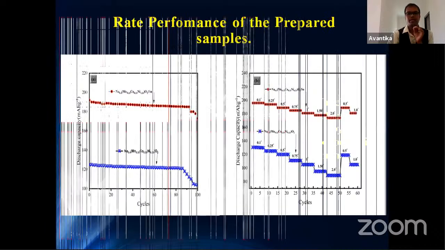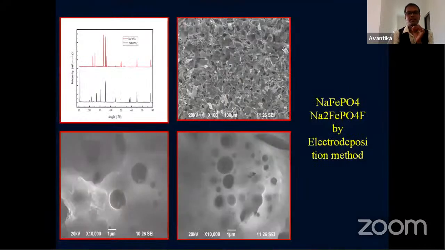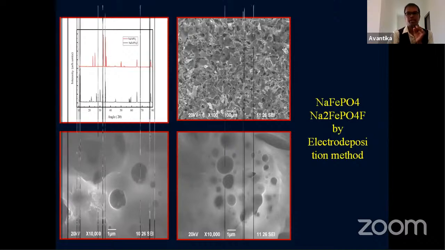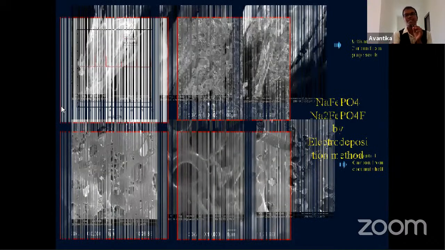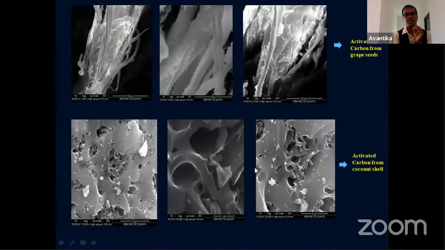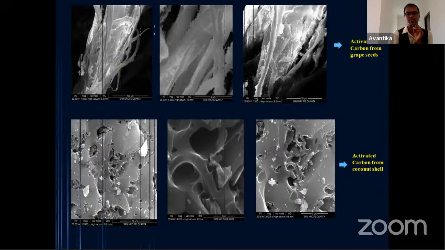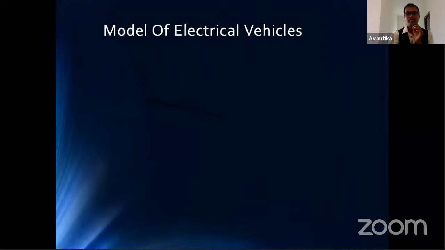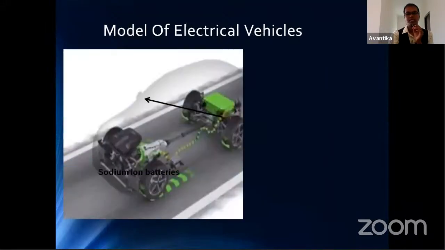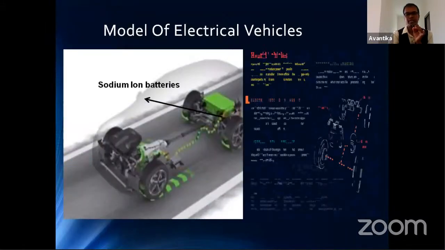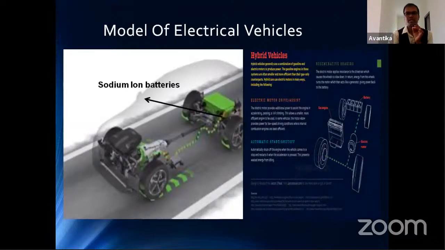Okay, right. So this is a surface morphology picture of the sodium batteries. Here you can see that there are more voids in the sodium. So the advantage here is that the electron can be trapped easily. So by using sodium ion batteries also, we can use them for different applications.